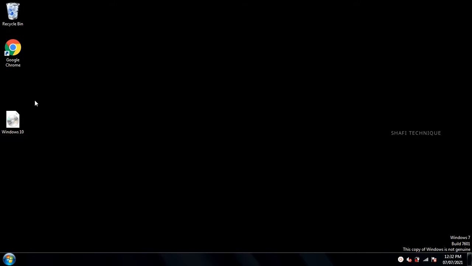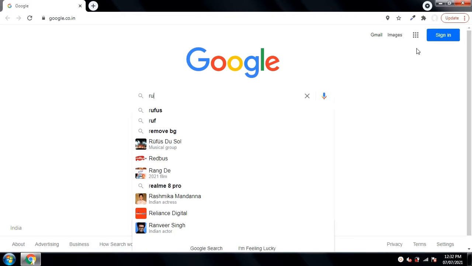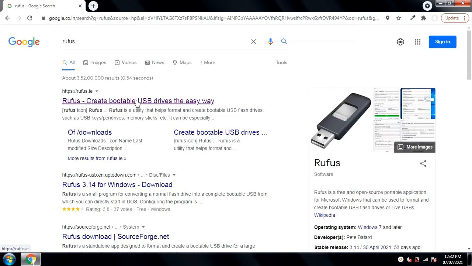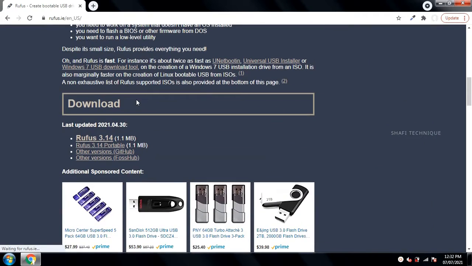Friends, now we are going to make our USB pen drive bootable, which means we are going to install this ISO file as a setup file in our pen drive. Let me show you practically what we are going to do. First, we need to download one small software to make our USB pen drive bootable. So open the browser, type Rufus, click on this first link. As always, link is available in description. Now scroll down and here click on Rufus.